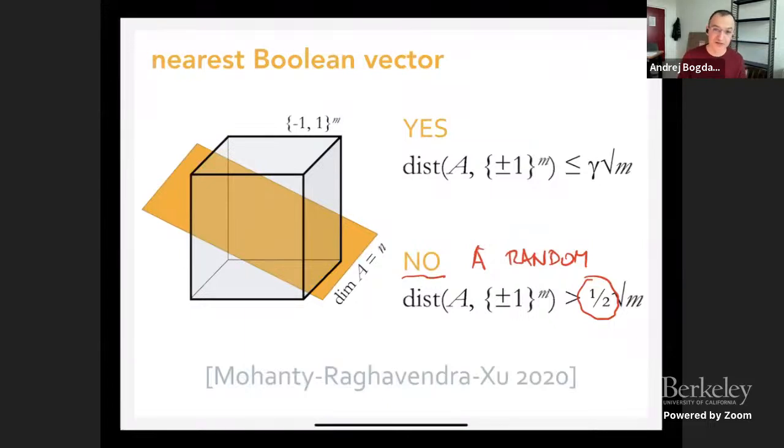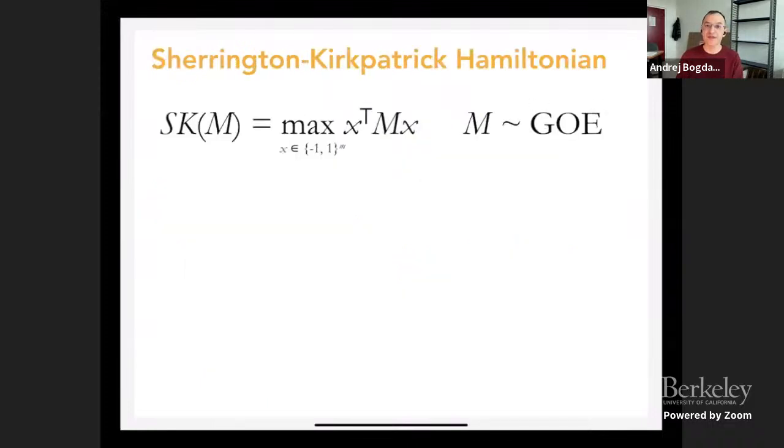Why are they interested in this problem and the complexity of this problem? The reason they were interested is because of another problem that again comes from statistics, I guess, and optimization. And this is the question of optimizing what they call the Sherrington-Kirkpatrick Hamiltonian. So this is purely motivation. It's not going to play a role later in my talk, but it's a very nice question and it's a very interesting connection. So I want to tell you about it.